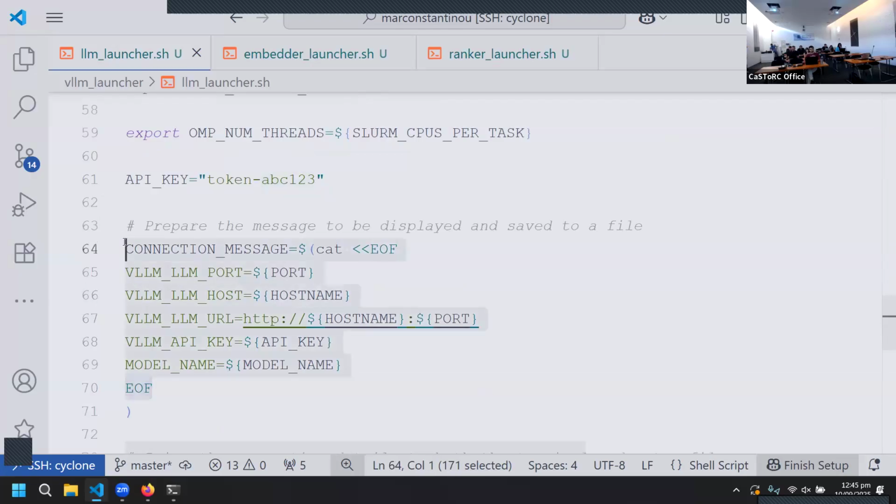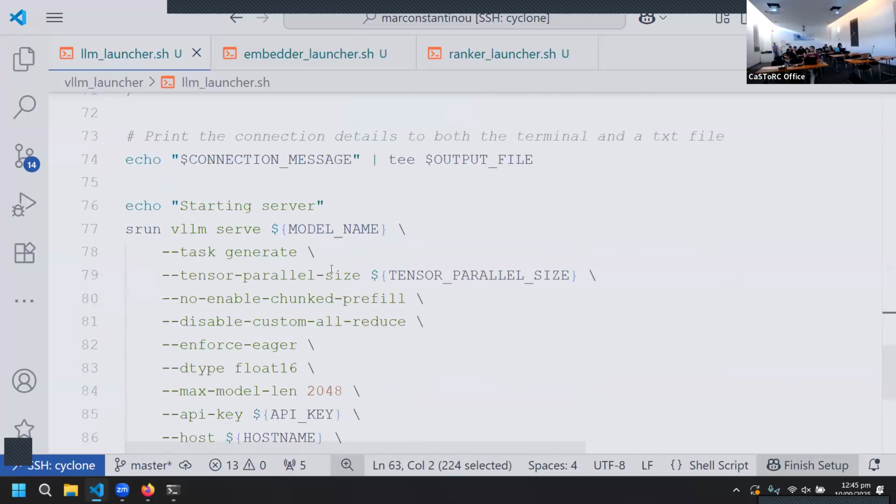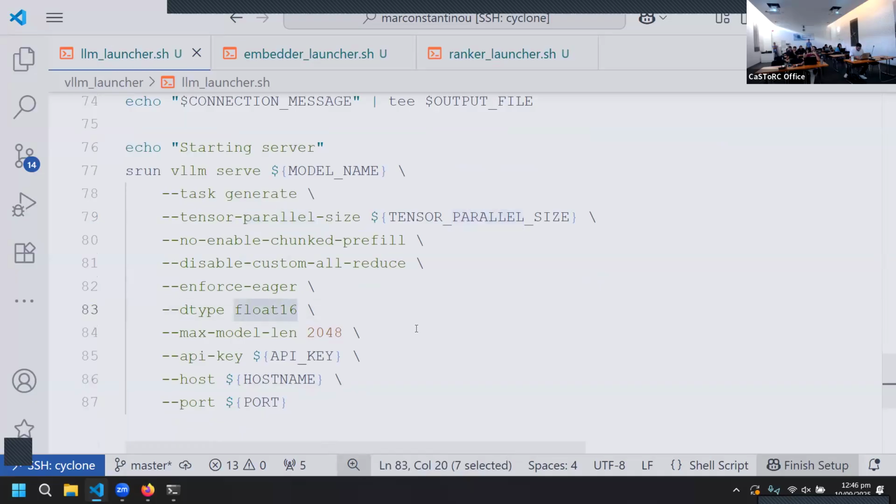And at the end of the day, this is the output that we will have, so the notebooks will be able to connect. So again, we have the port, we have the host, the URL, and the API key, and the model name. We will see these parameters in the notebook. So finally, what we have is vLLM serve, the model that we want to serve, the task of the model, which is to generate text. Again, the parallel size, we see it's our GPU number, some other miscellaneous parameters, the data type of the model,